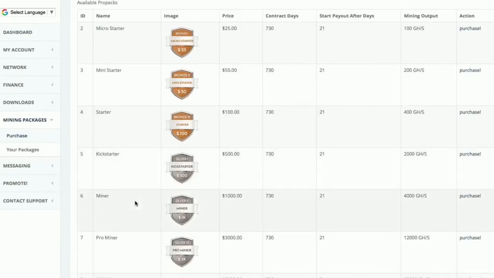Here you will see all the different packages that you can buy. If you click on purchase, it will give you two options. You can use your deposit wallet, or you can use your payout wallet to buy the package. And once you have purchased that package, you go to your packages, and there you will see the package you have purchased. So that's pretty much it for the moment. That will help you to get